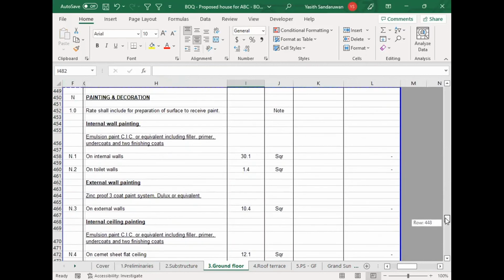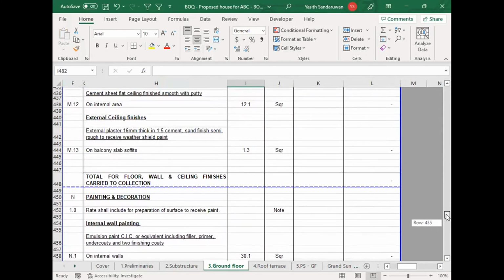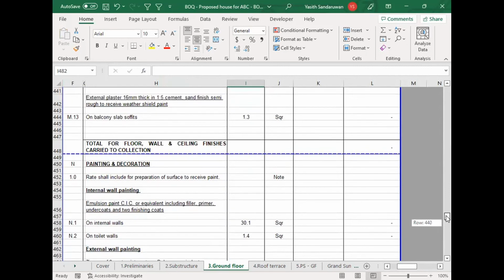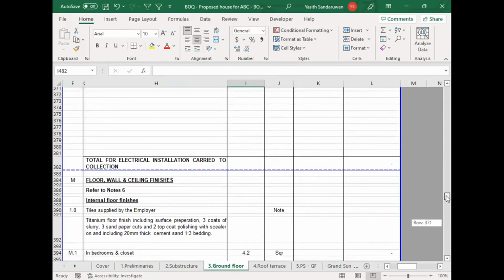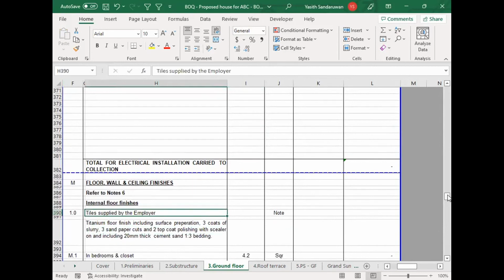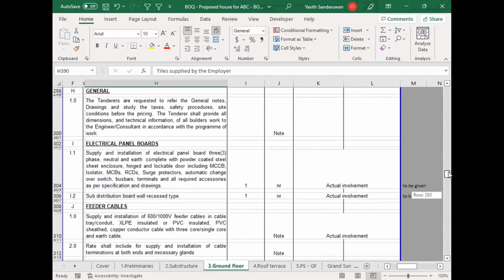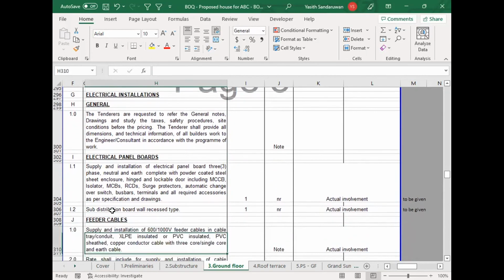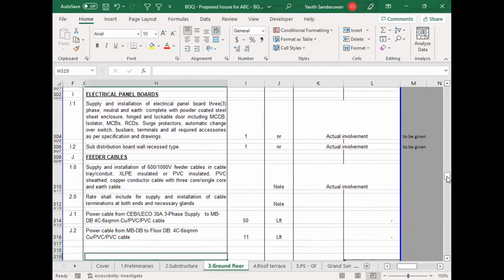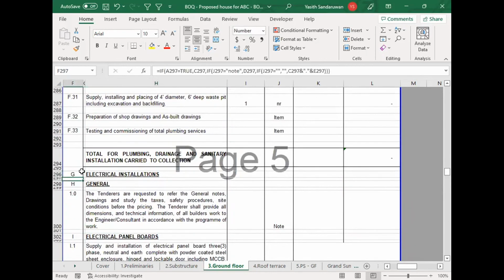See, all the items, all the section names, the item numbers with the section name letter are being numbered automatically. Notes, see, notes are also numbered. L, K, J, G. Okay, so if you detect this type of thing here, electrical installation, general, this should be under the electrical section, but we have changed our section's name from G to H. What you have to do is just